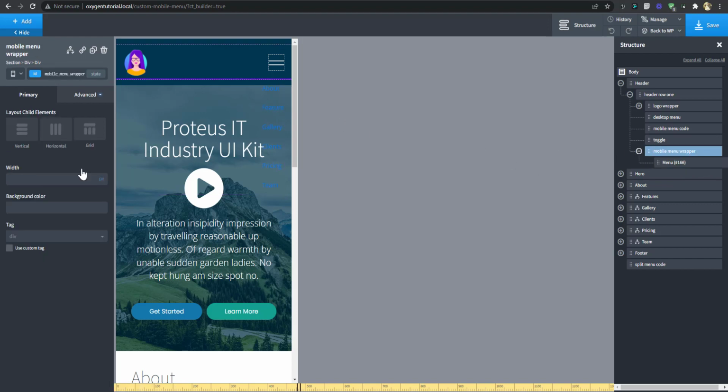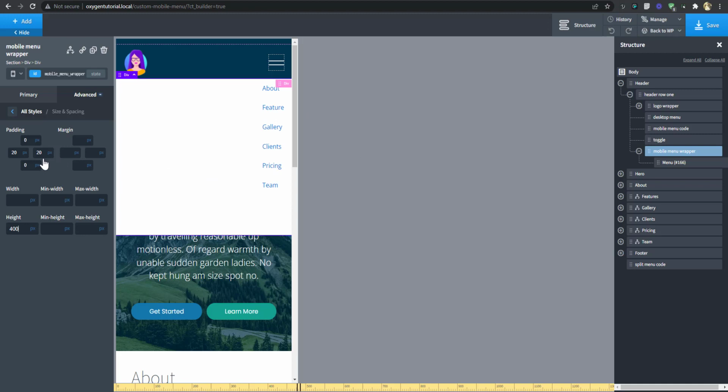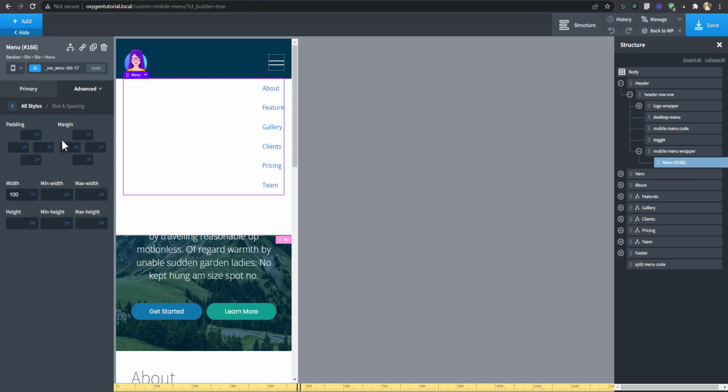So if I go back up here and give it a height of 400, we don't have padding on the top and bottom, but on the menu we could set a top padding. So I could set a top padding of 1 rem at the top, and also 1 rem at the bottom.